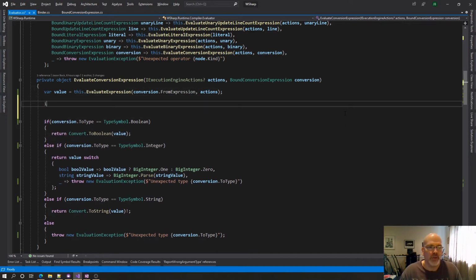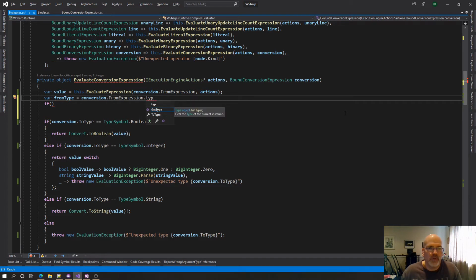Let's grab the var from type, which is equal to conversion from type. To type? Oh yeah. No, that's the conversion. So, wait a minute. From expression,